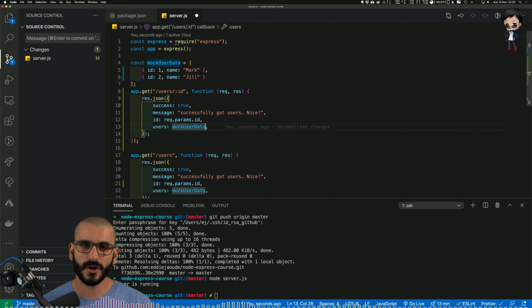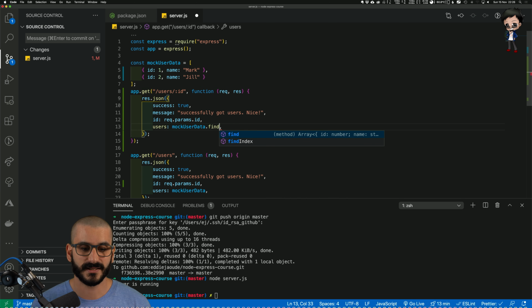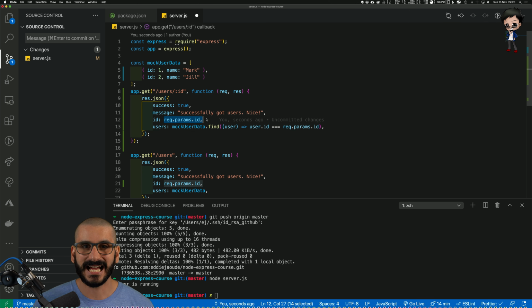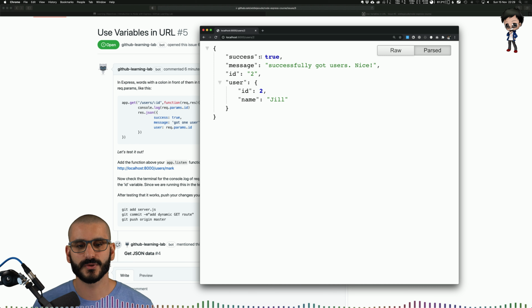So we've still got the endpoint /users, and that will return all the users. But I'm also going to do one where you can pick a particular resource. We're going to do that with a find, and req.params.id allows us to get parameters out of the URL. If I run that again and go to the browser, now if I put the resource ID at the end of the URL,